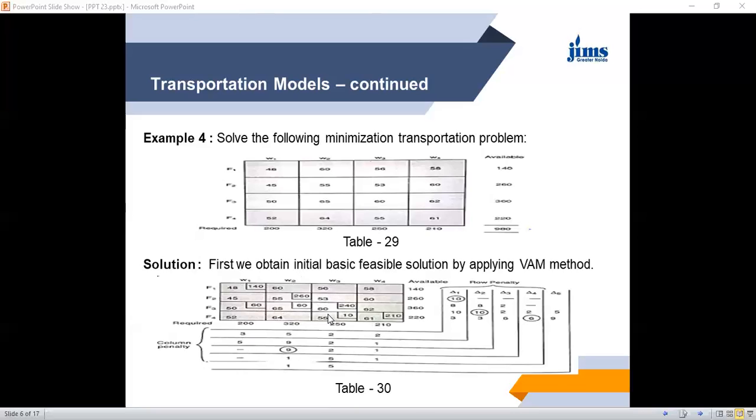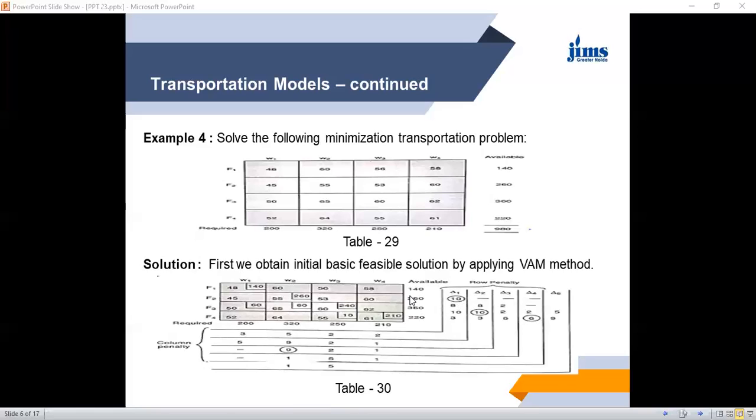53 and 55, it is 2. 58 and 60, it is 2. So the maximum penalty is in the F2 row. The value is 10. So we make